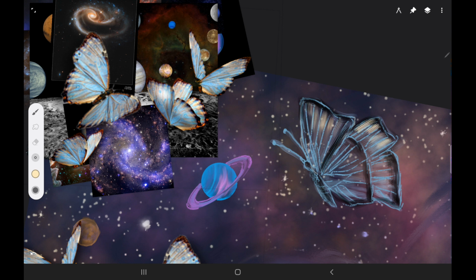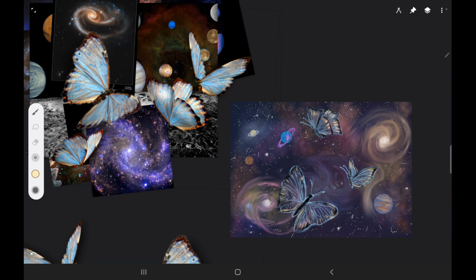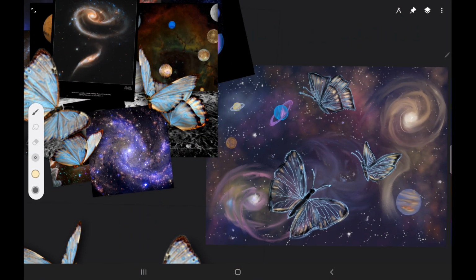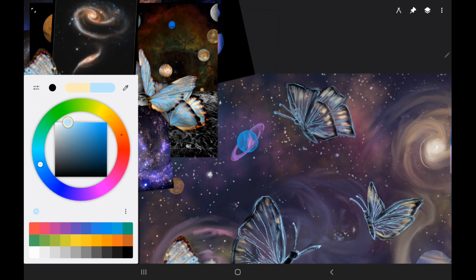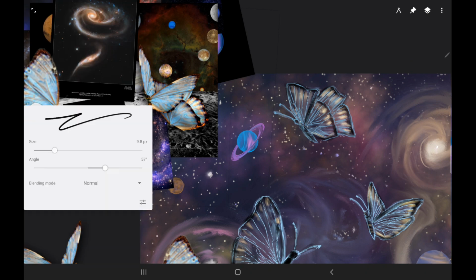I just think that the peach color and the blue just sort of accent the colors that we have in the galaxy, because you kind of want them to match. I mean, you can add maybe a peach color for the butterflies instead of blue, but I just kind of like these colors, and I thought that they matched well with